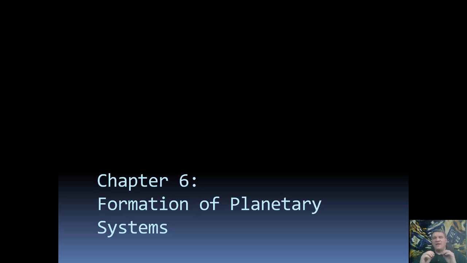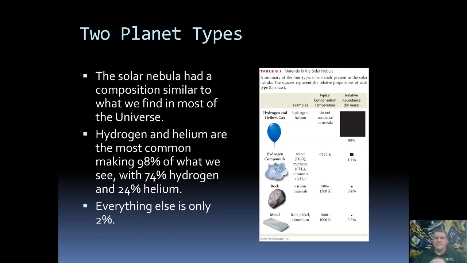So we understand why the planets are orbiting around the sun the way they do, but we still need to be able to explain why there are two types of planets as well as where asteroids and comets come from. So why is it that there are two types of planets? Well, we see that part of it is that they are made up of different things,